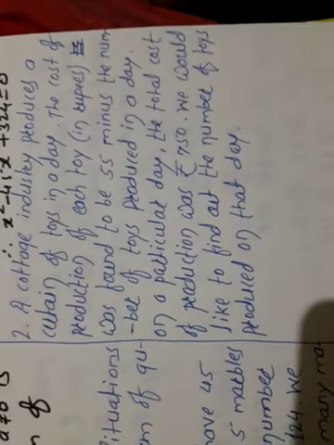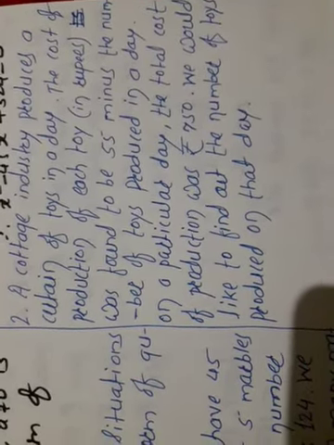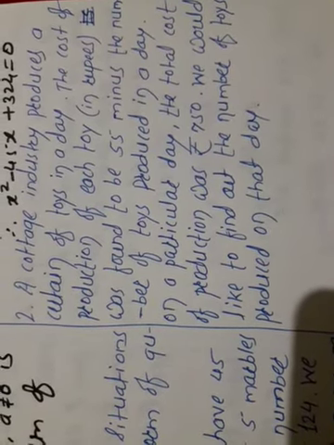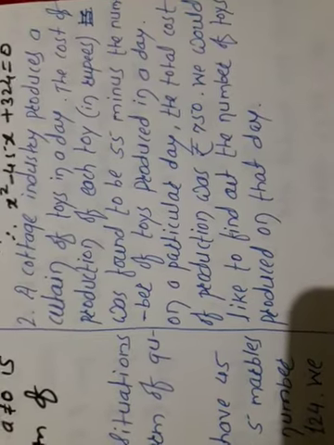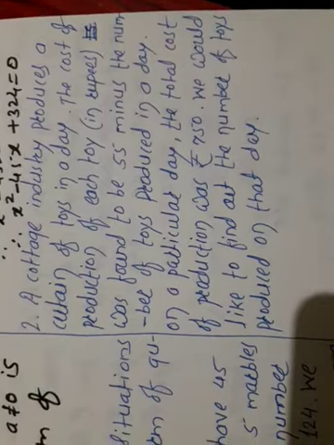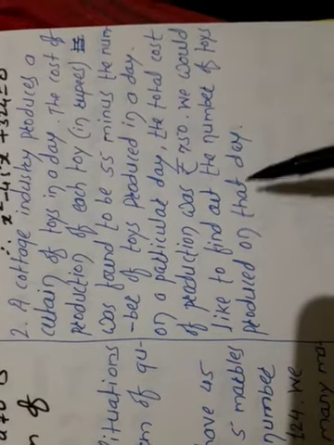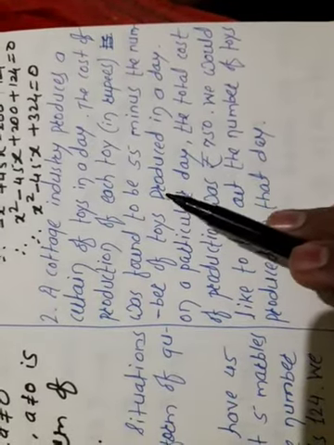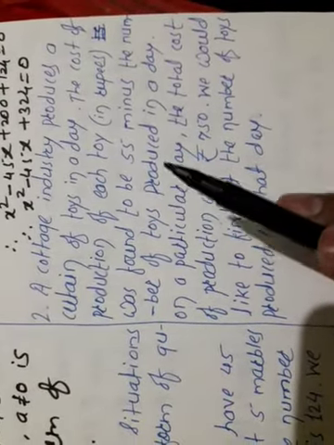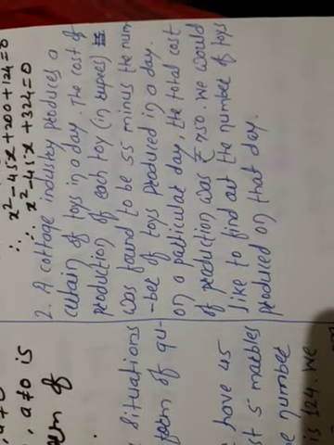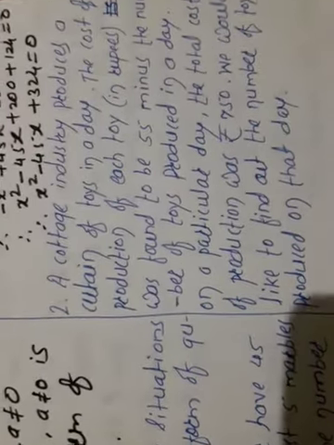Okay, now look at the conditions, you will come to know how to convert this. First of all, if you see carefully, you will come to know that here we have to consider the number of toys produced on that day as the unknown, because we want to find out that only. These questions are not always asked as converting into the form of a quadratic equation. They may ask these types of questions to solve and find out the number of toys by using quadratic equations. Questions can be asked like this too, so watch carefully how I am converting this.